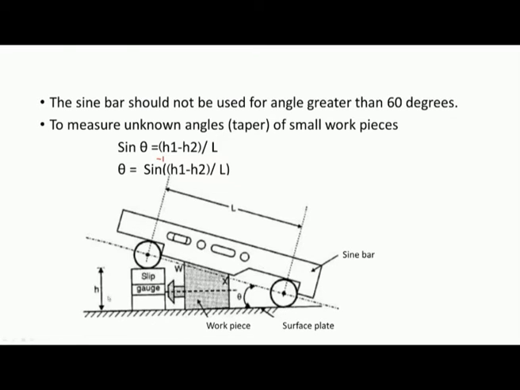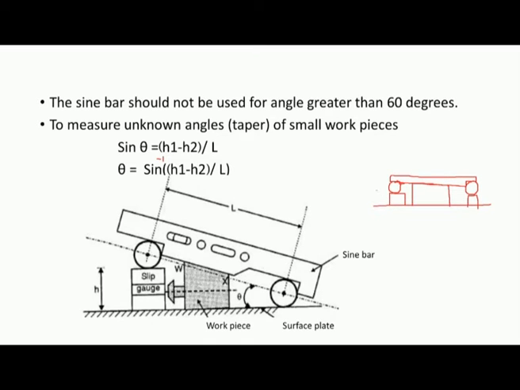If we have the arrangement like this, this is the surface plate, and this is the component, the taper of which is to be measured, and then we have to mount the sine bar like this. Now this is the roller and we have another roller here. In this case we have to fill the gap between rollers and surface plate using the slip gauges.